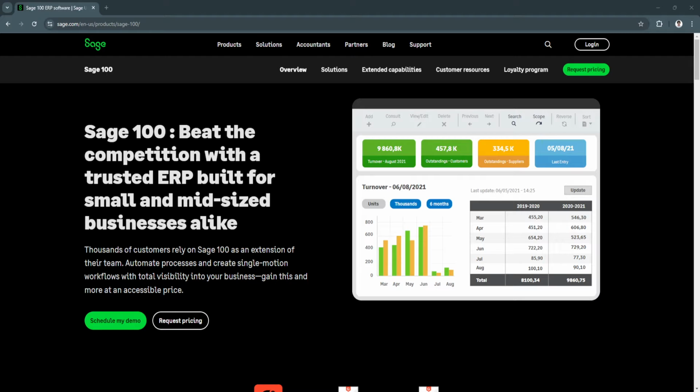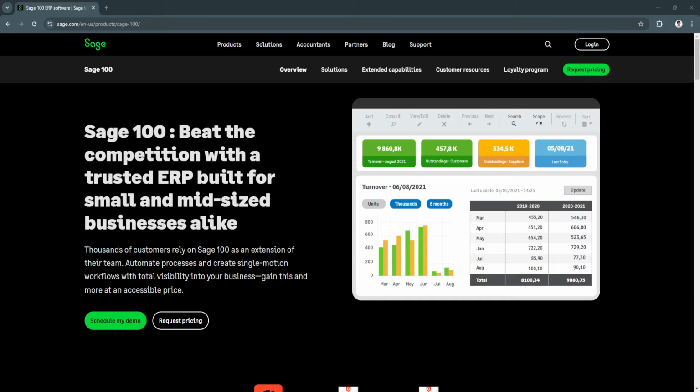This cloud based ERP software allows businesses to automate critical functions such as accounting, inventory management, human resources, and customer relationship management. With its highly customizable interface and comprehensive suite of tools, Sage 100 helps businesses optimize processes, improve accuracy,